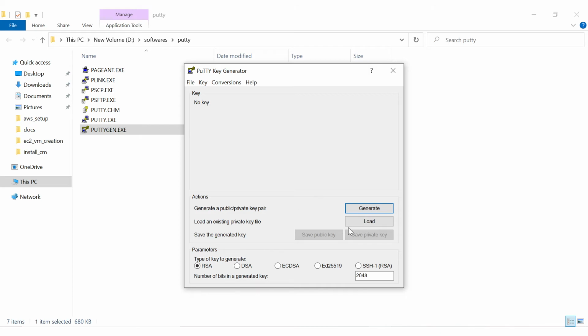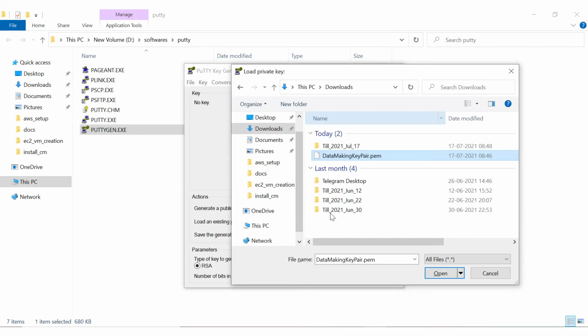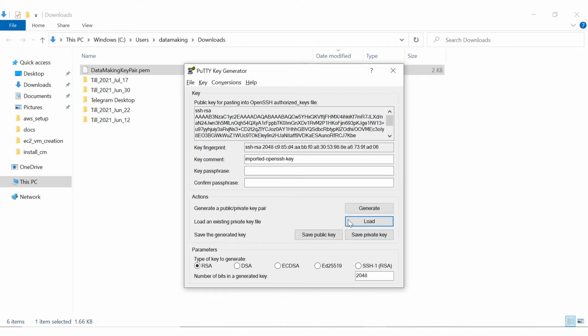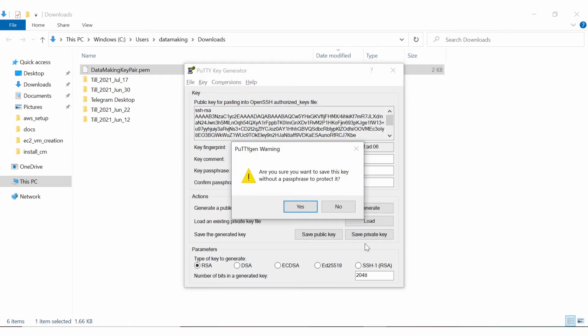For that you need to load the .pem file. Click on the load button, choose your .pem file and click on open. It successfully imported the foreign key of the file you chose. Say OK. Now click on save private key to create the ppk file.